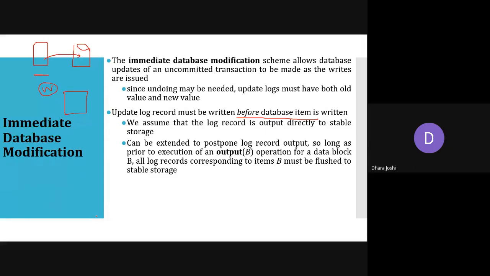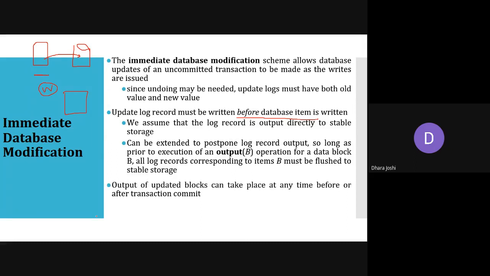Whatever data item we have, we store it in a particular block, so we need to transfer the data from main memory to non-volatile storage. Non-volatile means that even if the power supply is off, we can continue with our process.